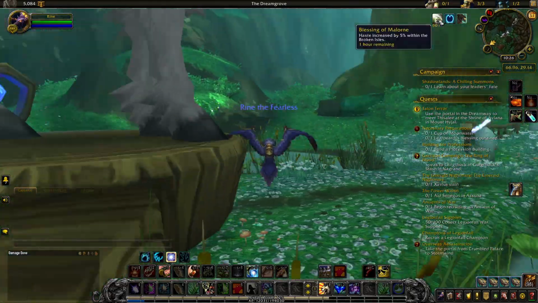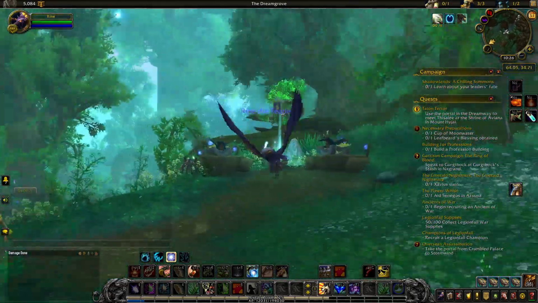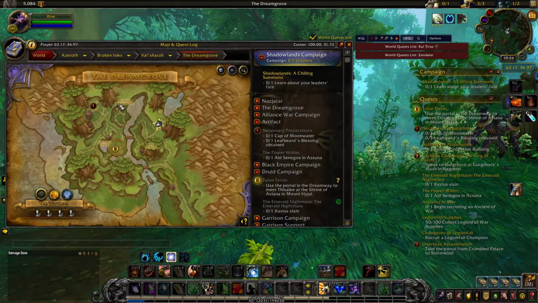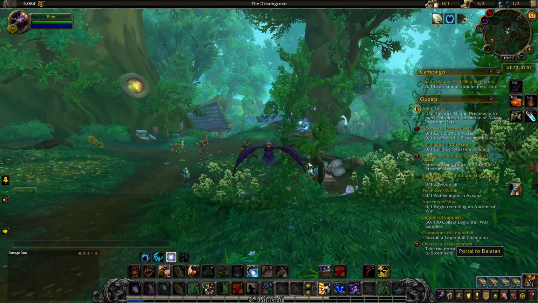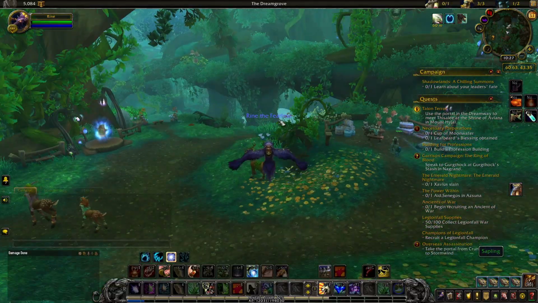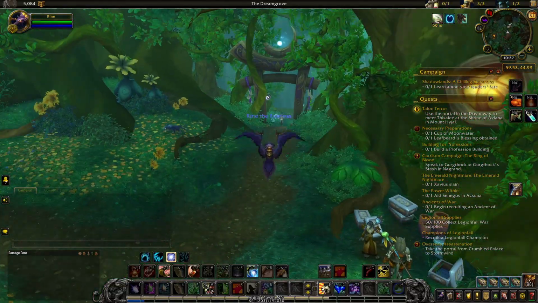In terms of transmogging, the appearances you collect will be usable for all specs of your class upon unlocking them, as long as you have a matching weapon equipped. So for instance, you cannot transmog your staff into a dagger artifact appearance, but you can transmog your one-handed axe into a one-handed sword. Going back to Druids,